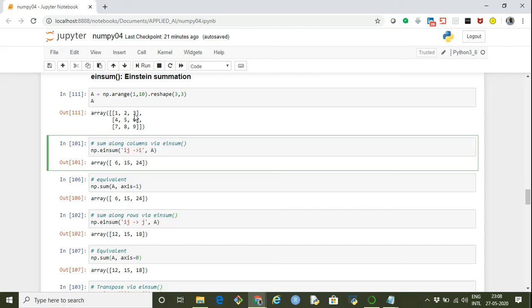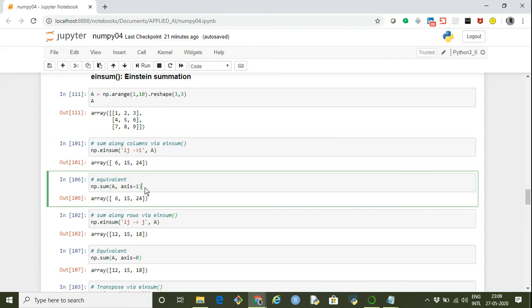So the columns get summed up: 3 2 1 gets summed into 6, 6 5 4 gets summed into 15, 9 8 7 gets summed into 24. The equivalent is np.sum with axis equals 1, finding the sum along the columns. So this is the equivalent.